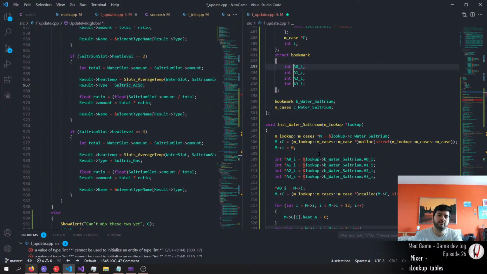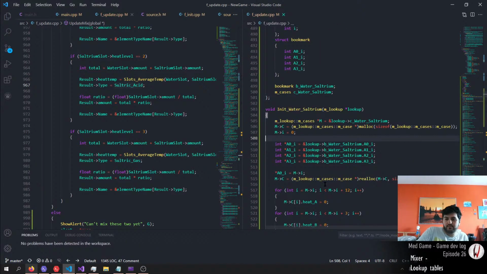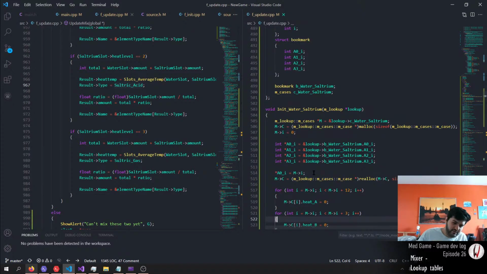No, they're not pointers, they're just normal values actually. Okay, I think this is it. I'm not sure, but I think this is it. Well,